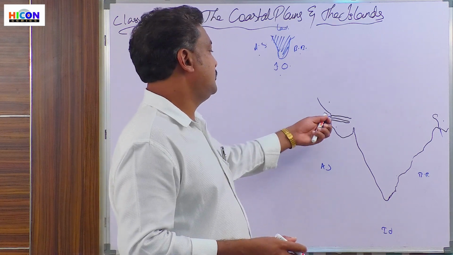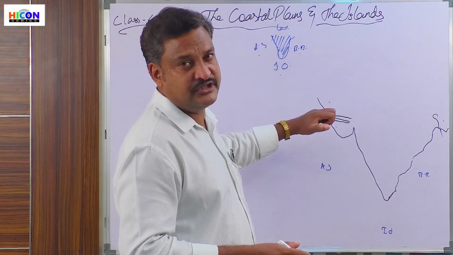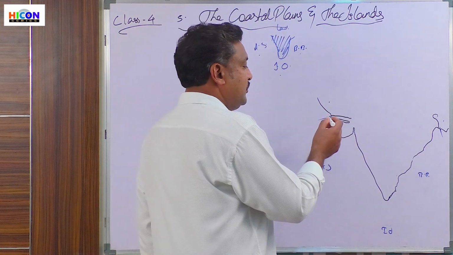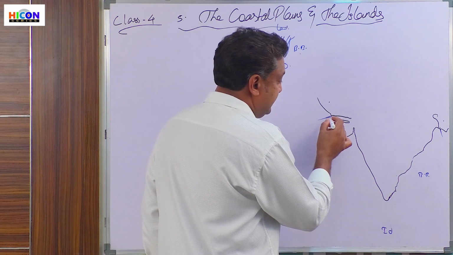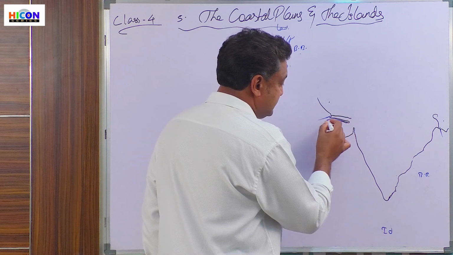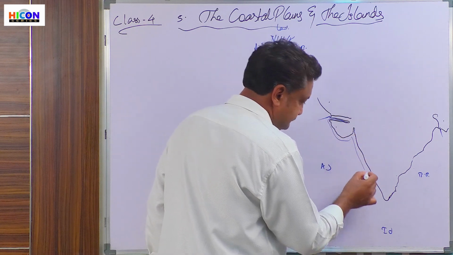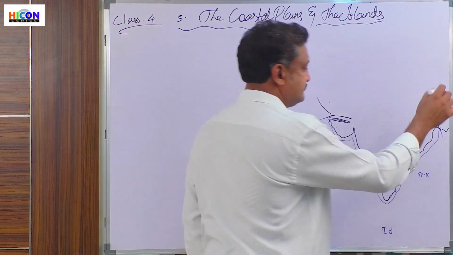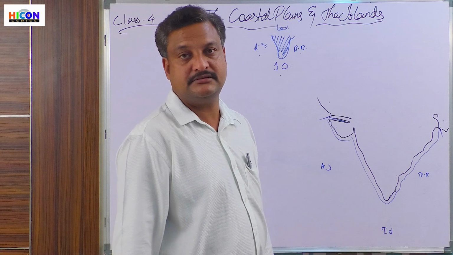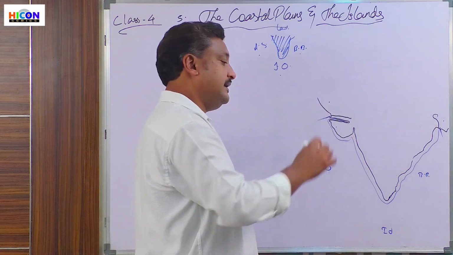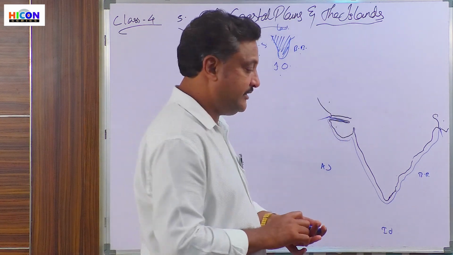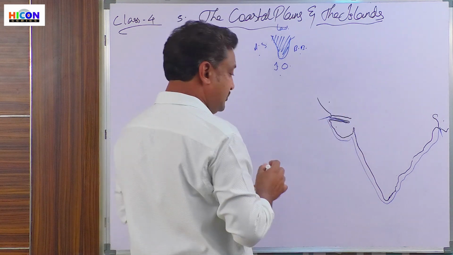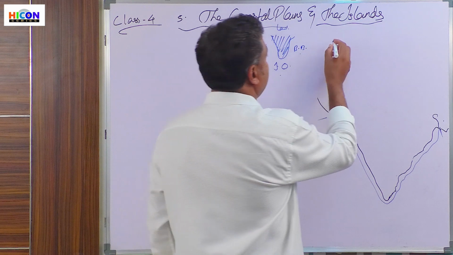So from the northern side of Gujarat till the eastern side of West Bengal, we have a very big coastal line. And what is the length of this coastal line that we have? The length of the coastal line is about